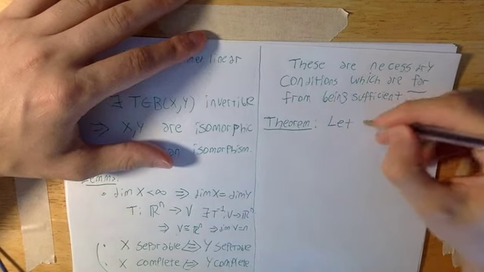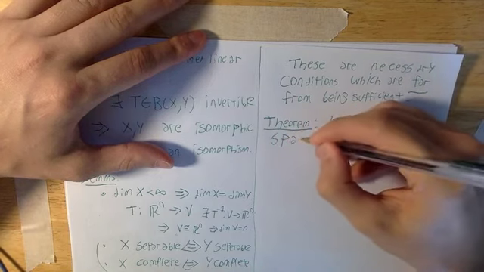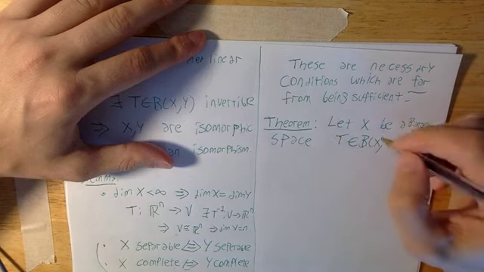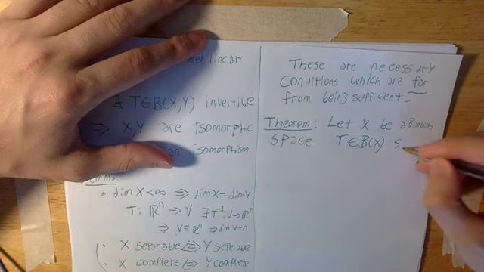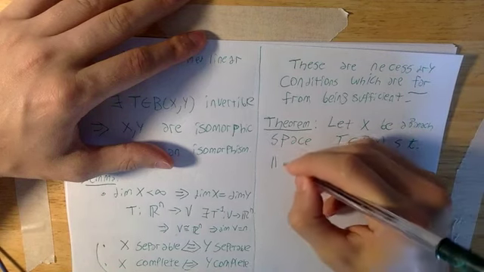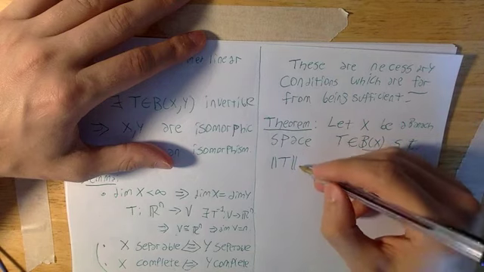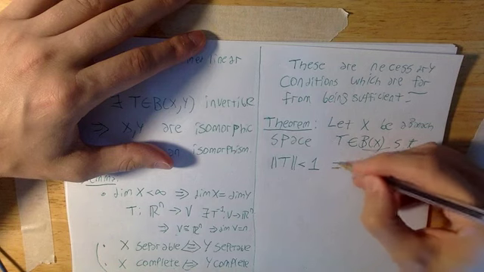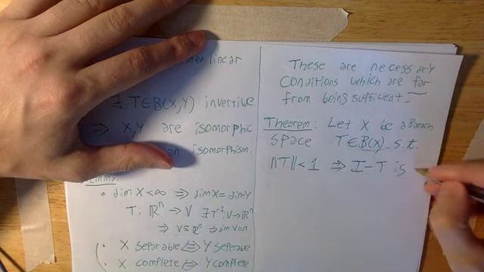Let X be a Banach space and T in B(X) such that the norm of T in the space B(X) is less than 1. Then I minus T is invertible,